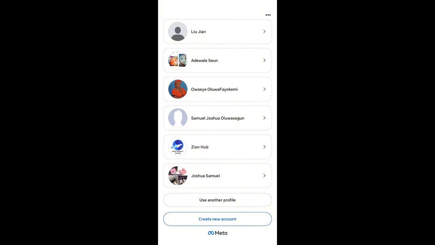That's how you can delete or log your profile out